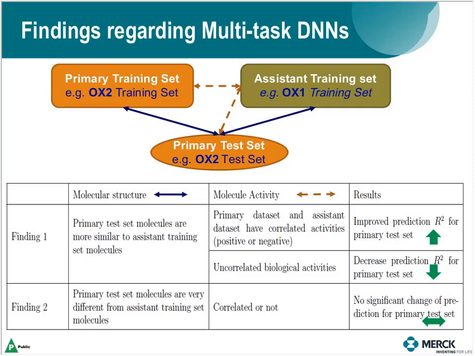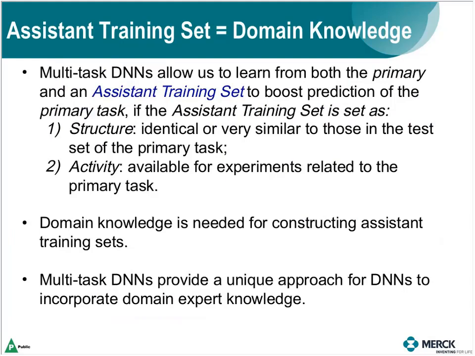This system data set has compounds with similar structure to the test set, and we know the activity is somewhat related to the primary problem, either positively or negatively. In this case, we know the result will improve compared to training on the primary case alone. So indeed, what we got here is we introduced this system training set,